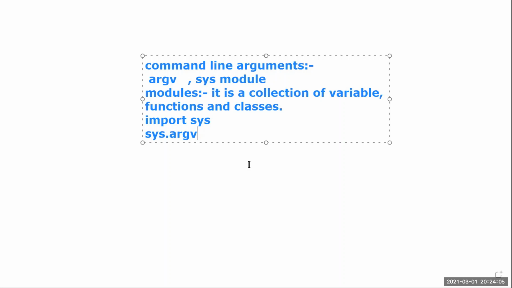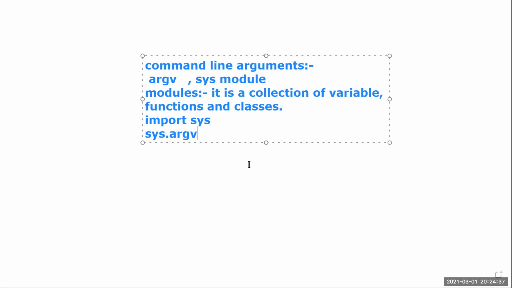What is meant by a module? It is a collection of variables, functions, and classes. That means a module can contain multiple predefined variables, multiple functions, and multiple classes. We have some lakhs of modules in Python. To make use of the functions, variables, or classes defined in those modules, first of all, we have to import that module in our program.